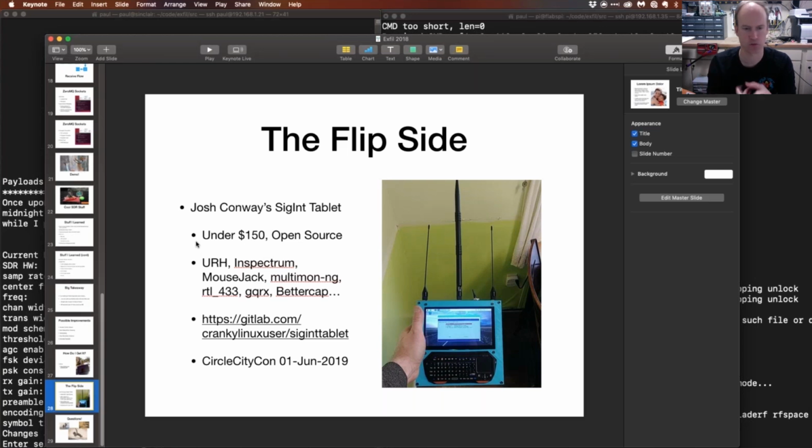It's got Universal Radio Hacker and Spectrum, MouseJack, multimon for FLEX pagers and stuff like that.